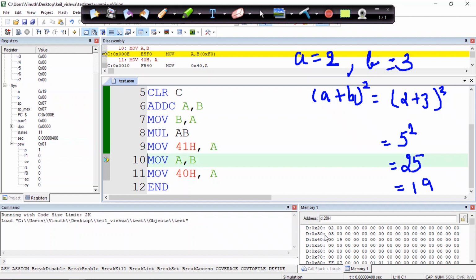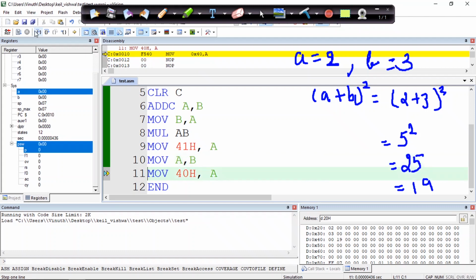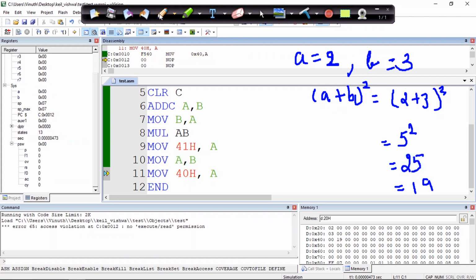First I move this 19, and then I move to 40 hexa. Here is my A, here is my B, and here the resultant value 19 is stored in the 41 hexa location.